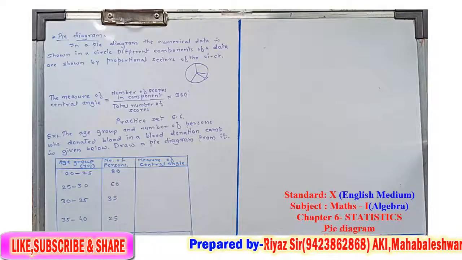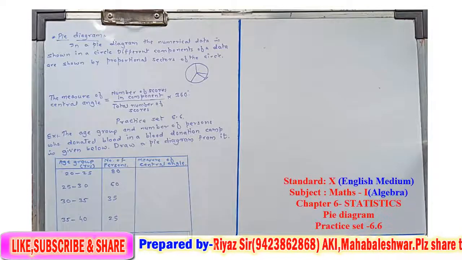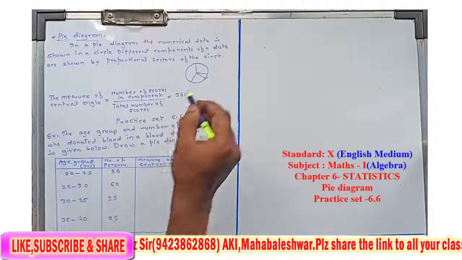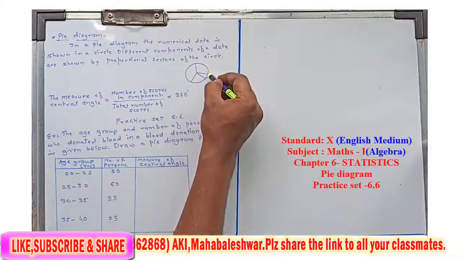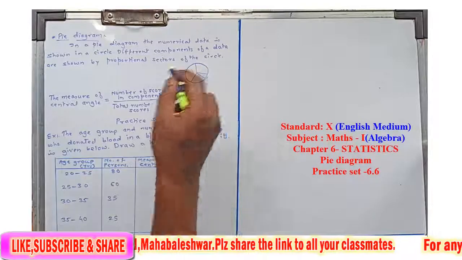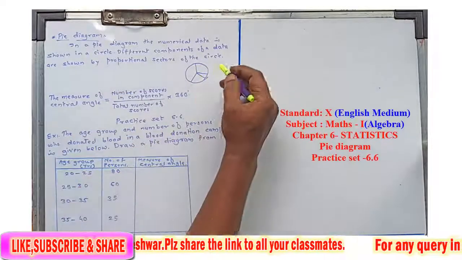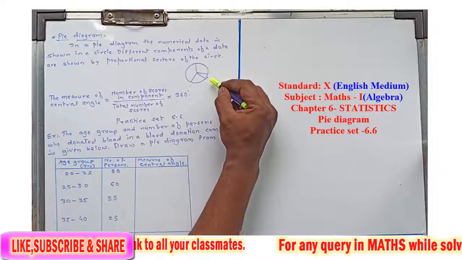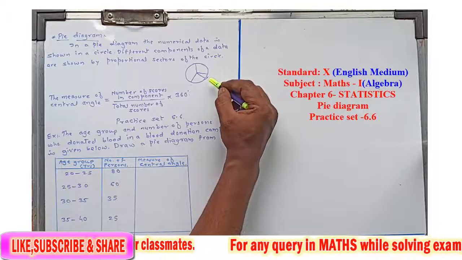In ninth standard we have studied figures in geography and science, like this circular figure, where the circle is divided into some sectors. The same diagram is used for cricket teams and various games also, right?